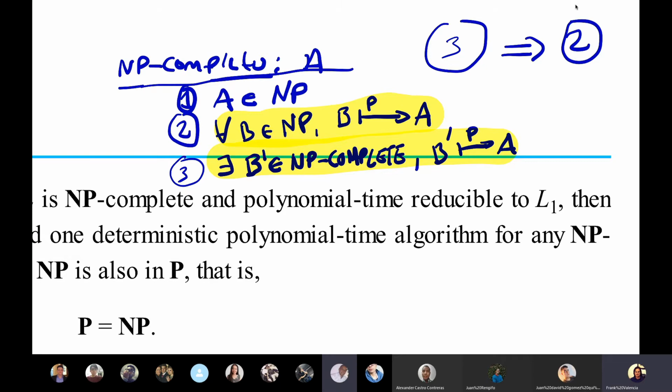Pues yo pensé que de pronto el tercero se cumplía porque si decimos que... No. Estaba pensando otra cosa. Okay. Iba a decir,